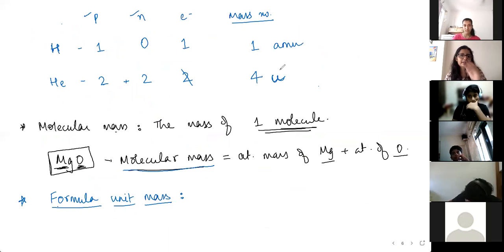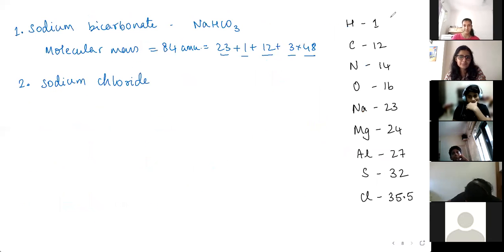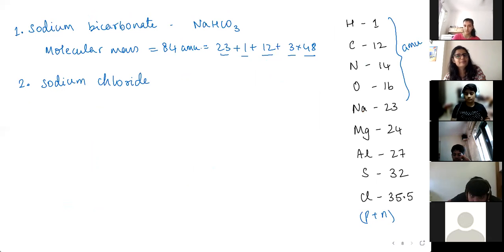And when you're finding out the molecular mass from these numbers, from the number of protons plus the number of neutrons, their units are also going to be in the same AMU. When I add 23 AMU of sodium plus 1 AMU of hydrogen, I'm going to get a total of 24 AMU. The molecular mass also will be measured in atomic mass units only.